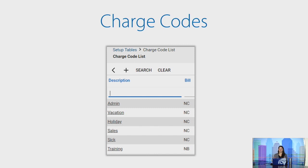And then I wanted to show some additional examples. You can create your own charge codes. If these did not really resonate with you, if you're seeing admin, vacation, holiday, sales, sick, training, and you're thinking, well, we spend so much time out at conferences. That's really what we consider to be an important event to document, and then training is something totally different. Well, you can create your own charge codes just based off of what you need your team to be entering,